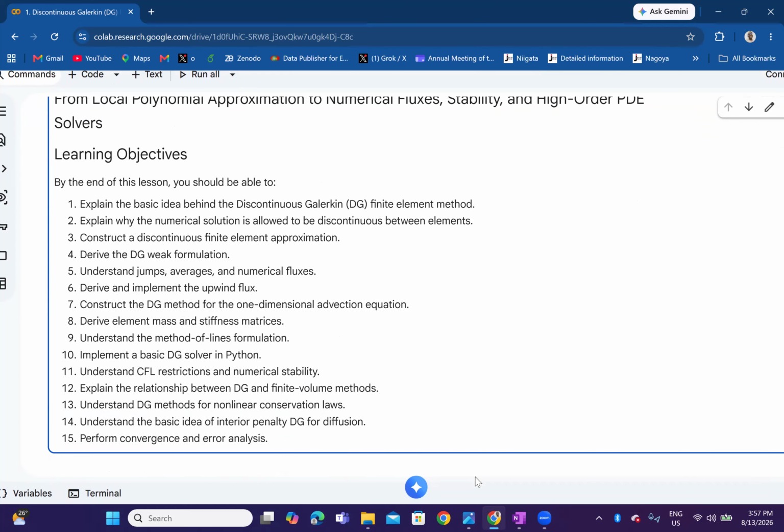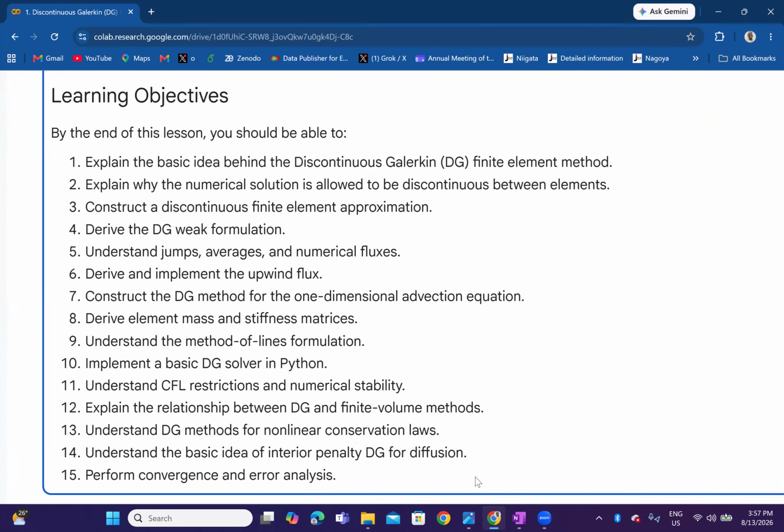So let's talk about the learning objectives. By the end of this lesson, you should be able to explain the basic idea behind the discontinuous Galerkin finite element method, explain why the numerical solution is allowed to be discontinuous between elements, construct a discontinuous finite element approximation, derive the discontinuous Galerkin weak formulation, understand jumps, averages, and numerical fluxes, derive and implement the upwind flux, construct the discontinuous Galerkin method for the one-dimensional advection equation, derive element mass and stiffness matrices, understand the method of lines formulation,